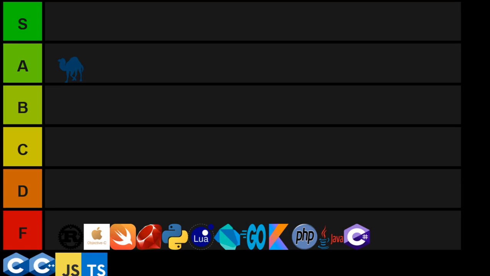Next is C++. So, as you know, I love C++. I've used it. It's one of my first languages. I know that C++ gets a lot of love and also lots of hate because it's both good and bad at the same time. But let's be honest, C++ is better than most of these languages on this list, so I'm going to put it, yes, in the D tier because C plus 1 equals D.